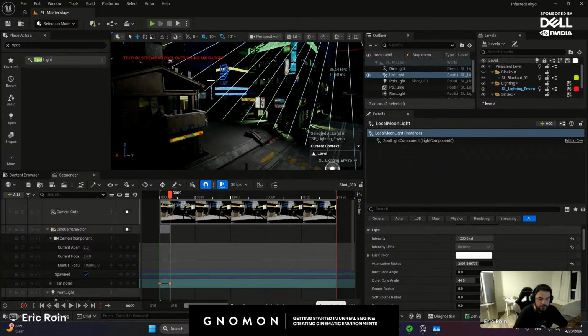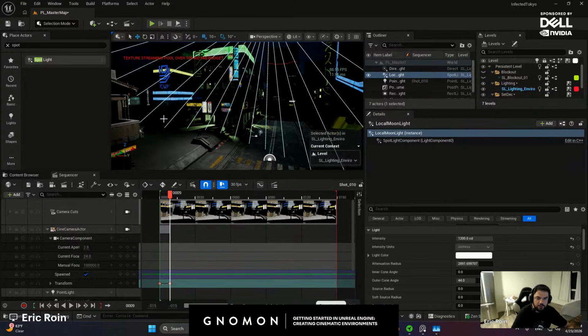There's two ways to go about this. If you're going for a pre-rendered cutscene or cinematic, you don't have to worry about that because Movie Render Queue will take care of that. We're not going to get into that today, unfortunately, but look into Movie Render Queue, specifically game overrides and custom console variables. You can force it to allocate more memory, or you can just put a console variable. But I'm not going to be doing it now because it might hinder the way that the stream is working.